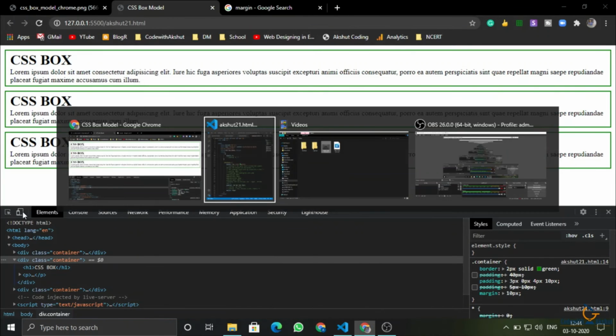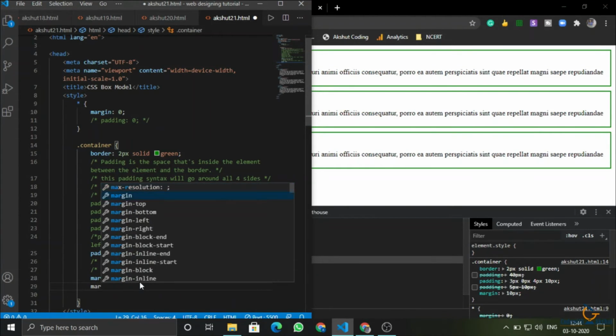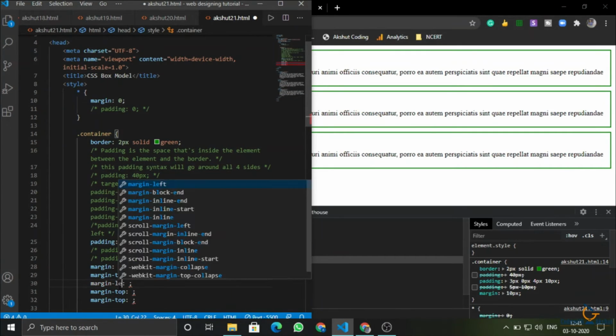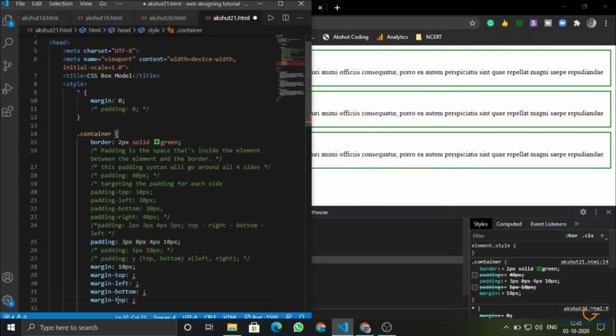So this is our margin. We can use it the same as padding, like we added padding for top, left, bottom, right. We can do the same as margin top, left, bottom and right. We can add different values here so that we can add different margins in our web page.